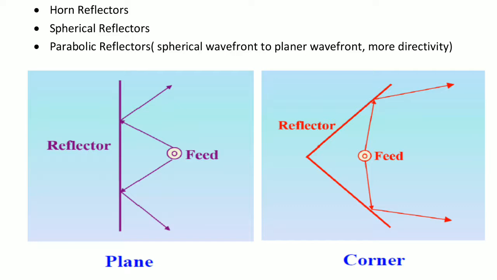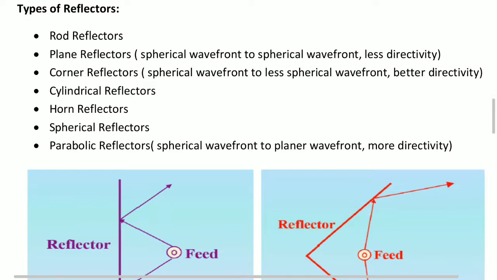For more information, I will make separate videos on the corner reflector, which will again give some dimension changes with respect to the angle, that is for alpha equal to 60 degrees and alpha equal to 30 degrees, and the radiation pattern of this corner reflector.